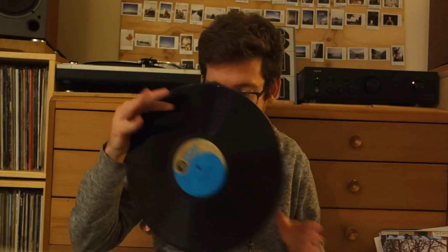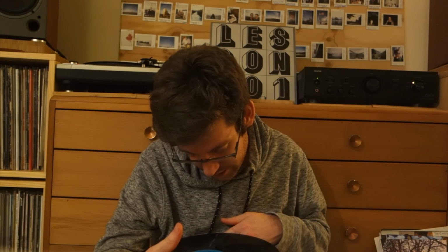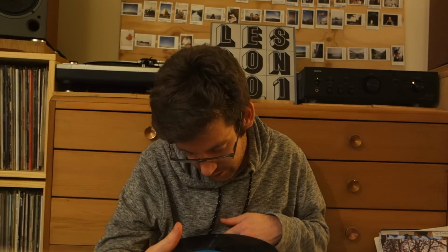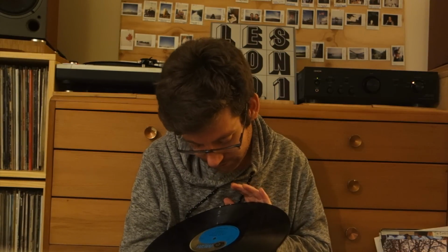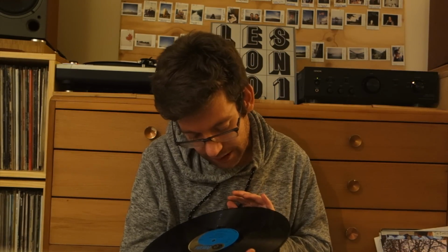Yeah, I mean, this is a UK pressing. I think this is a, Jesus Christ, it's not like me to not know what I'm talking about here. I'm sure this is a UK press of some sort. Or maybe it's not, it's on MGM. Maybe it is a US press. Clearly I haven't looked into this too carefully as of yet. Does it really matter? Do you really care what pressing this is? No. Anyway,